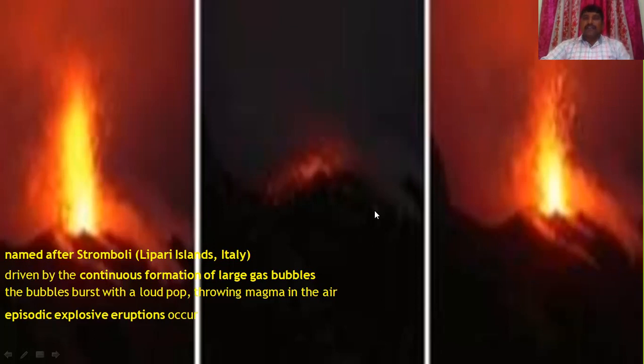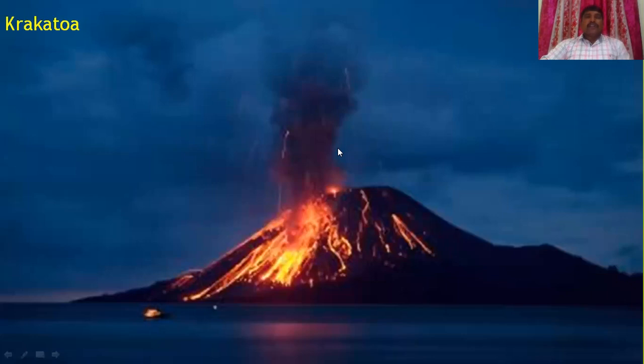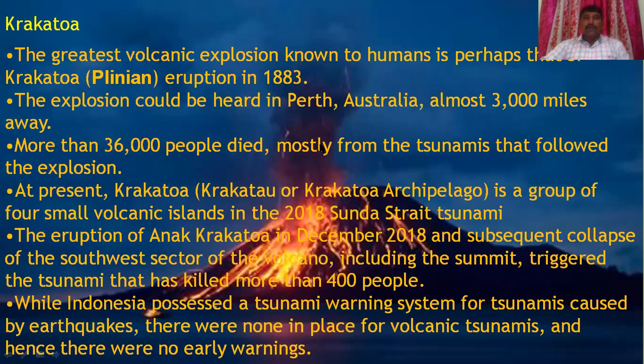The figure on the screen discloses to you the explosion of the Strombolian type of volcanoes. And the picture on the screen that you see is the Krakatoa volcano, which is an important Strombolian type of volcano. The greatest volcanic explosion known to humans is perhaps that of the Krakatoa eruption